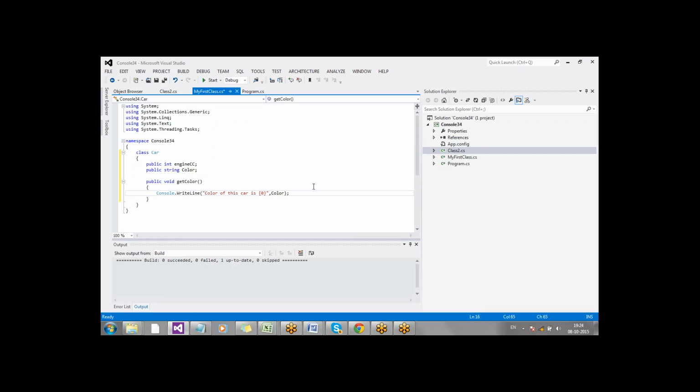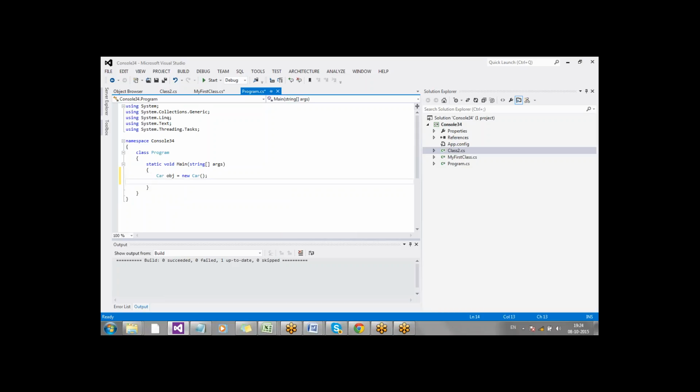Good. So now let us go back to our Program.cs and create an object of my Car class. How to create it? Car obj equal to new Car. Using the new keyword.